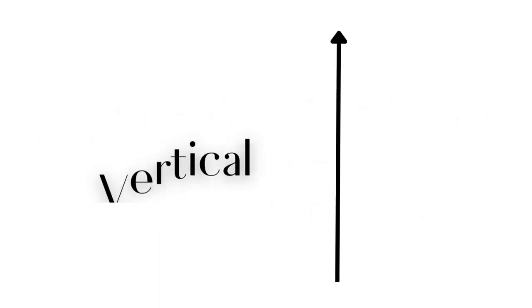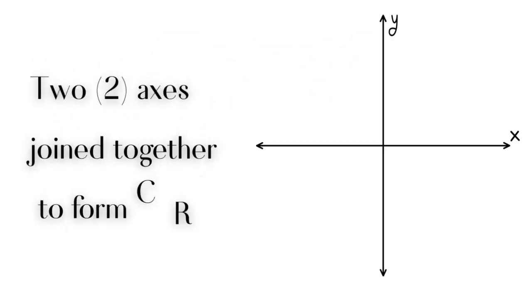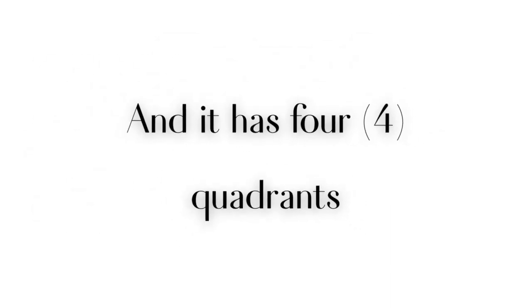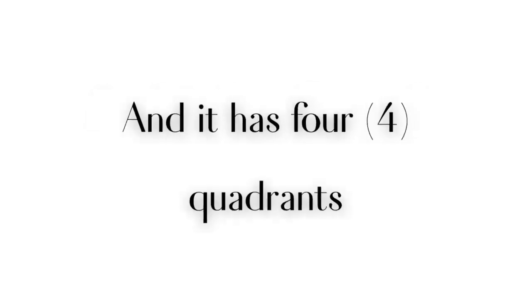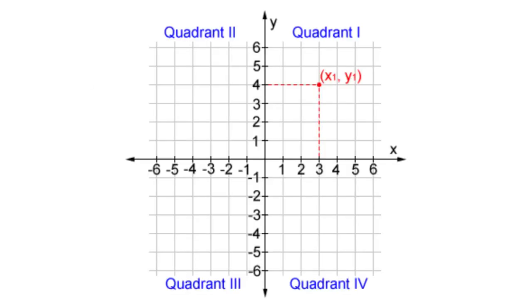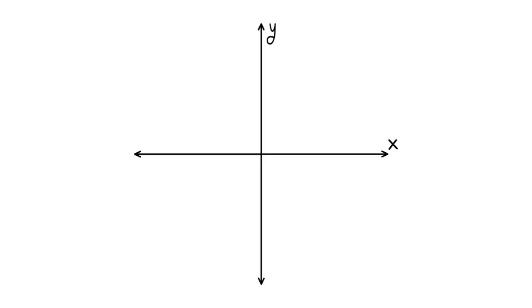We have the vertical axis and the horizontal axis, and it has four quadrants. Here is the diagram. Look at this. This is the x-axis and this is the y-axis. This is the positive axis, this is the negative axis, and the x-axis is on the horizontal level. So x is the horizontal axis, while y is the vertical axis. We have the negative axis here and the positive axis here. So when I say a coordinate plane has two axes, these are the y-axis and the x-axis, and it has four